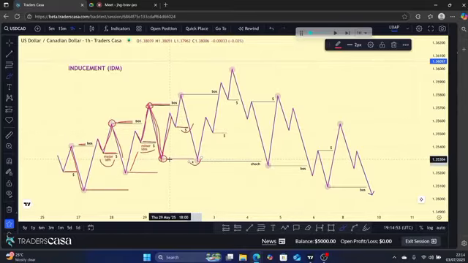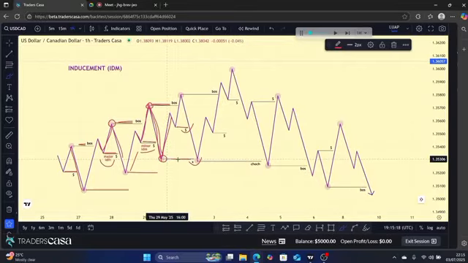And that's the reason why I'm not confirming this one here to be a change of character, even though price broke past there with a wick. So this sweep, but now this is very important. If price broke past this here with a candle close, now that's another scenario. If price breaks past that with a candle close, now this, because this here is a major inducement,